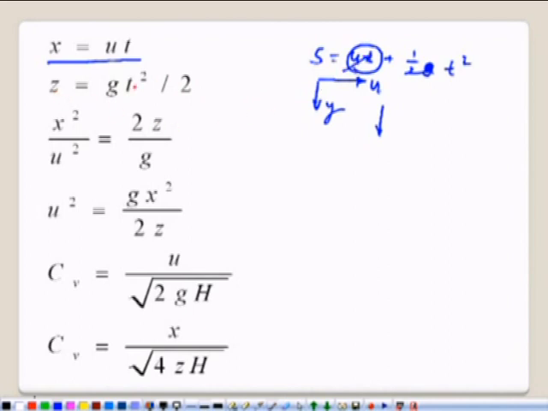So, z is equal to gt square divided by 2. With the help of these two equations we can remove the time component, and we can write u square is equal to gx square divided by 2z, and with the help of this formula we can find out the actual velocity